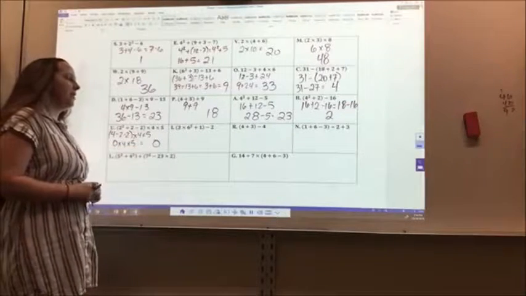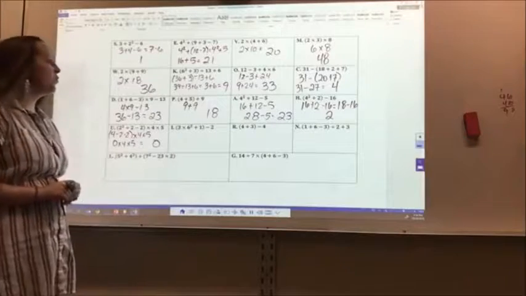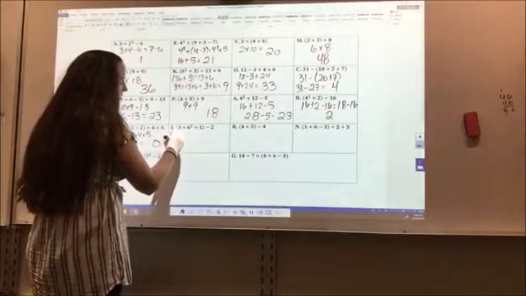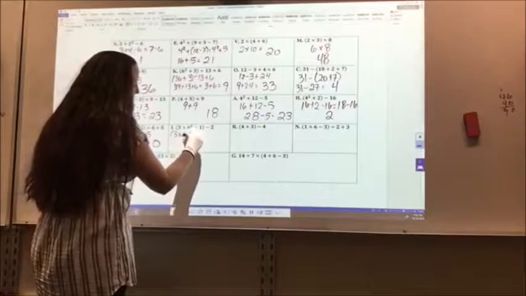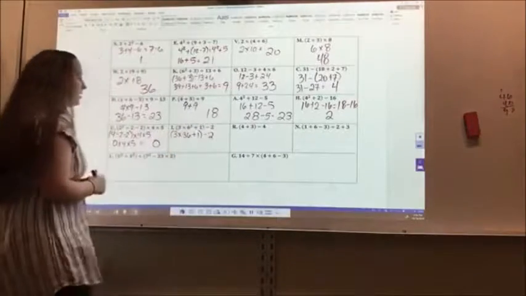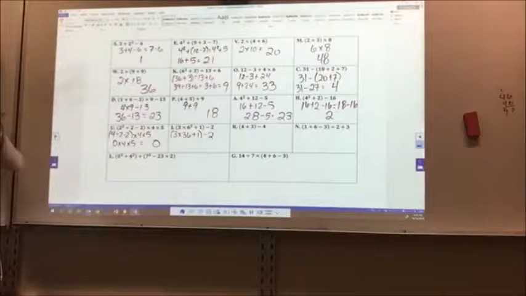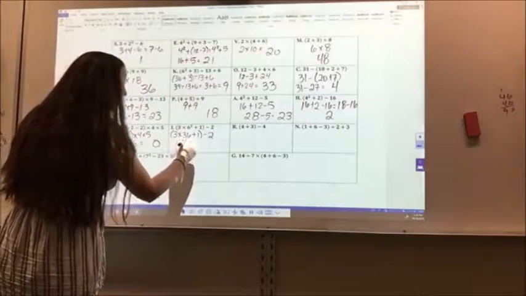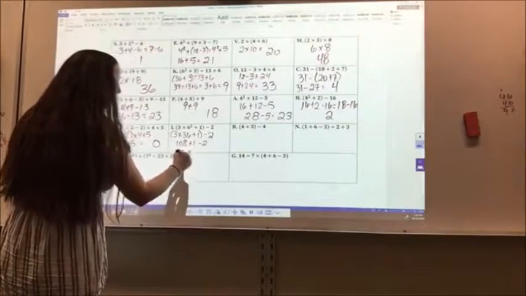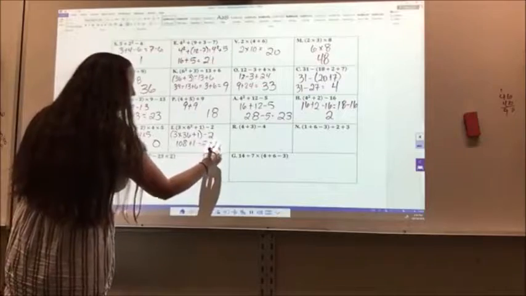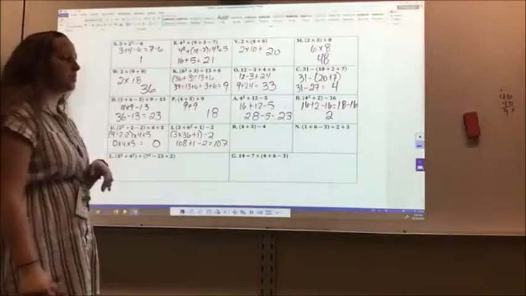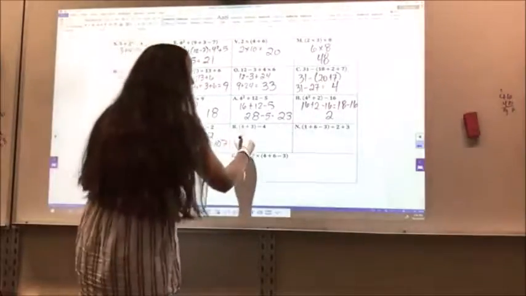I have the quantity 3 times 6 squared plus 1 minus 2. Well, 6 squared I do first. So 3 times 36 plus 1 minus 2. 36 times 3 is 108. Plus 1 minus 2, 109. Minus 2 is 107. For R, I have the quantity 4 plus 3 minus 4, which is really 7 minus